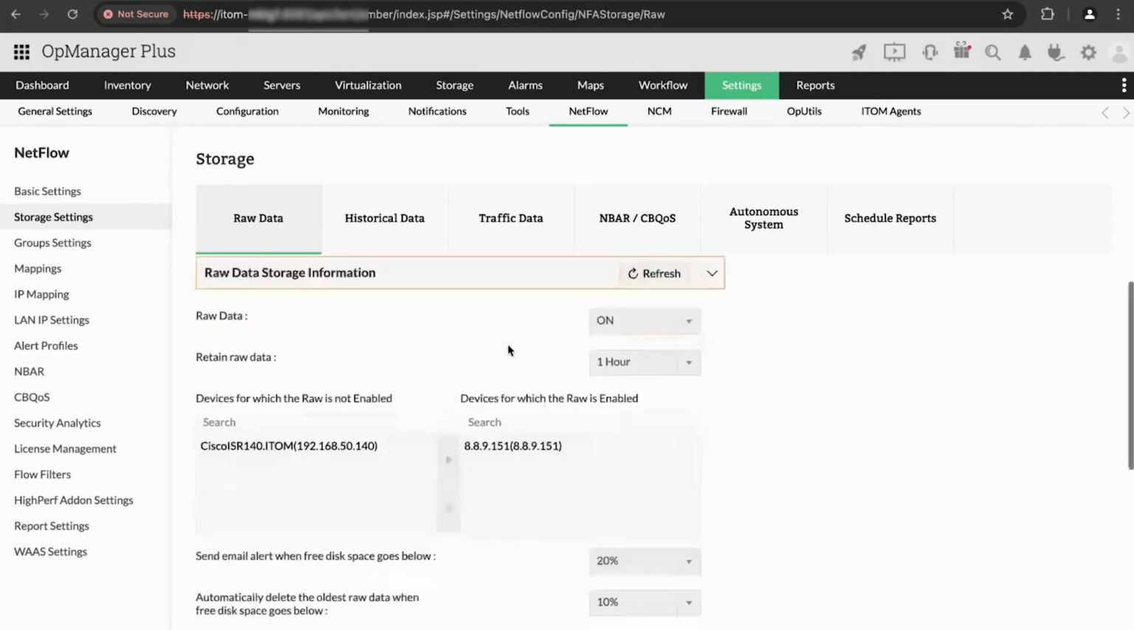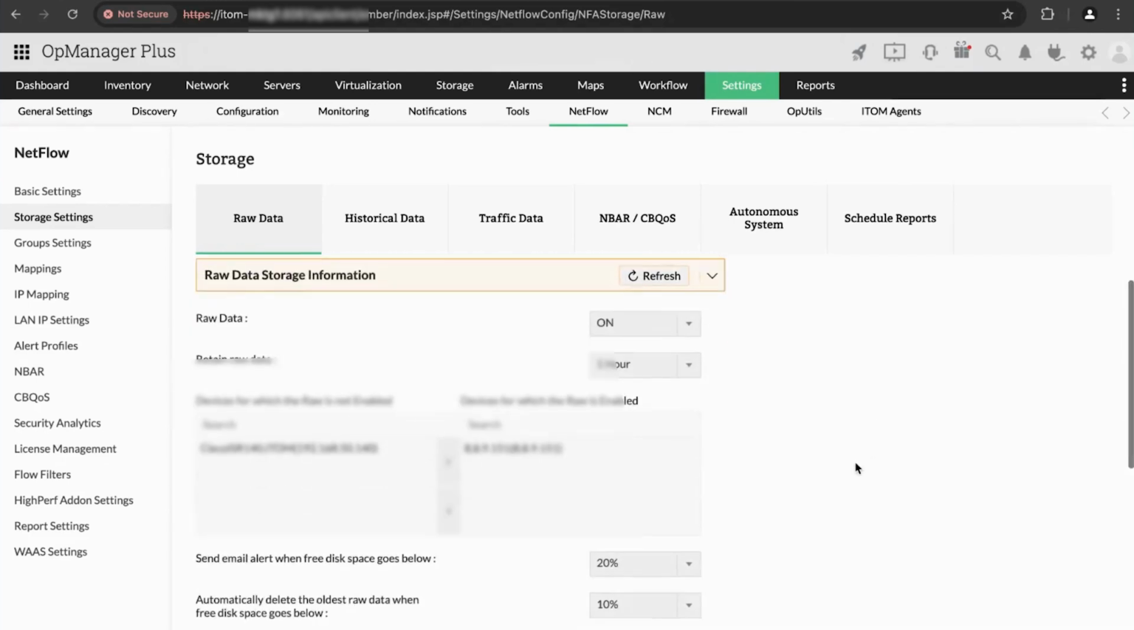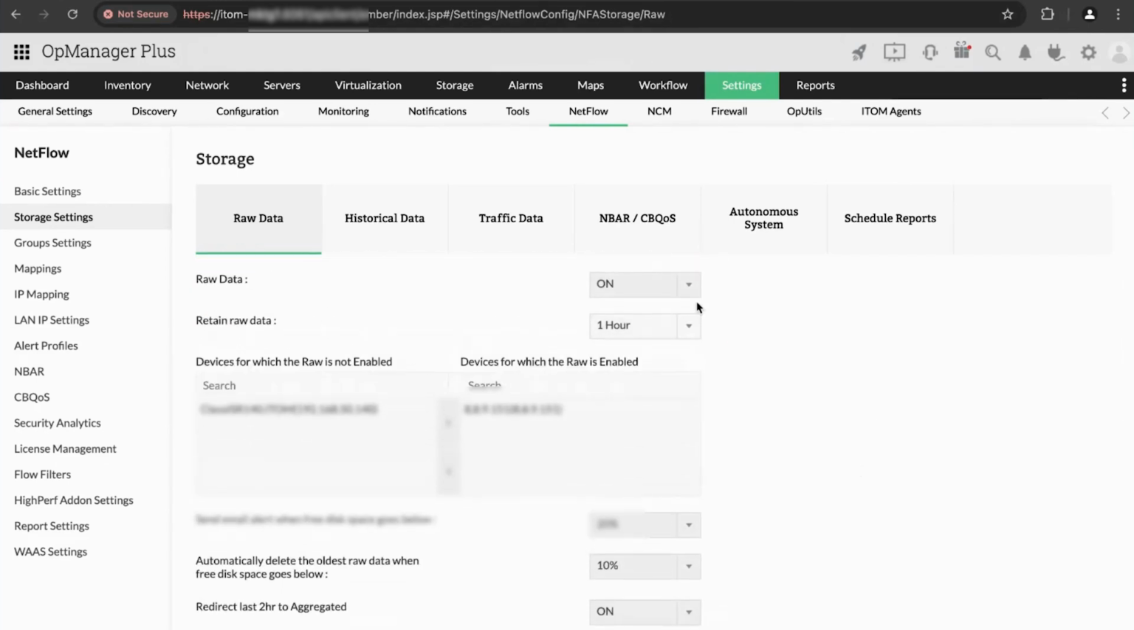Here I've already configured some settings. Whether raw data storage is on or off, you can set that right here. Then you can choose how long raw data has to be retained. Since this is just for demonstration purposes, I've enabled raw data for 1 hour, but you can enable it for as long as 1 week if you want. And with our